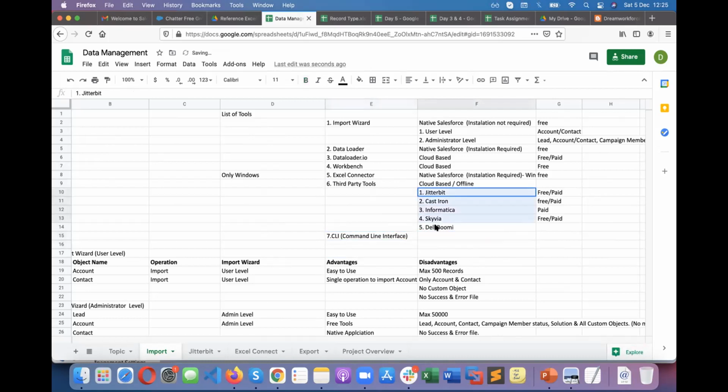Not only this list, maybe this list goes on. We can use any tool to migrate data from an external system into Salesforce. But for our sessions, I'm going to give you a complete overview of the Jitterbit Salesforce data loader.